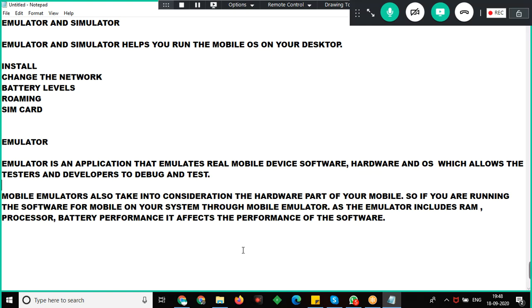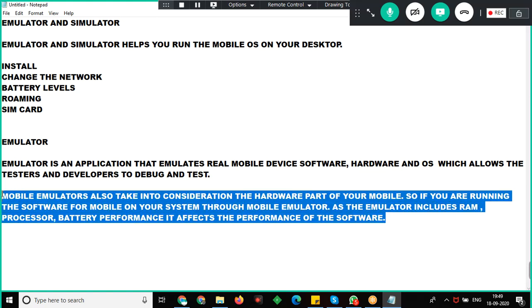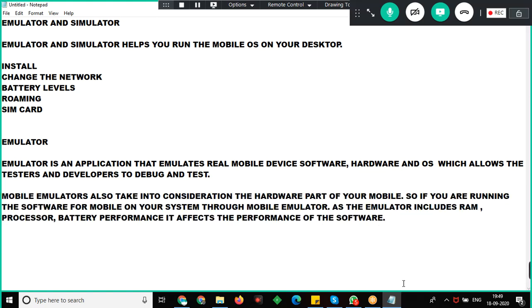As it is emulating the hardware also, the performance of the emulator will be very slow on your desktop. So you should have a lot of patience when you are working on the emulator. Whatever function you do, you need to wait at least 5 to 10 seconds for it to execute.